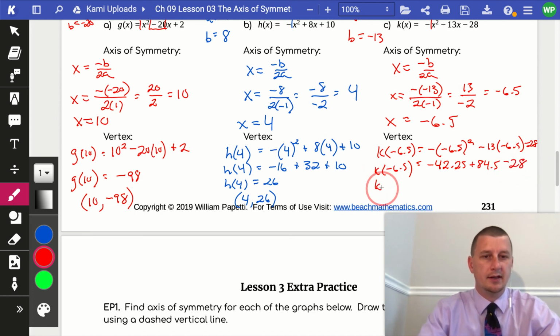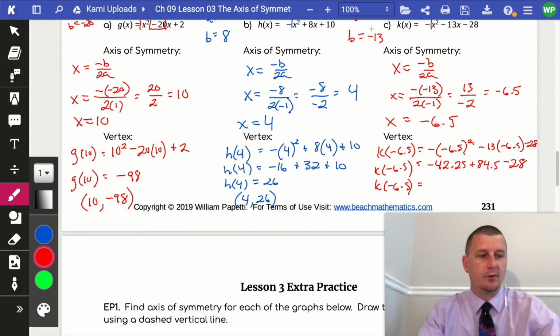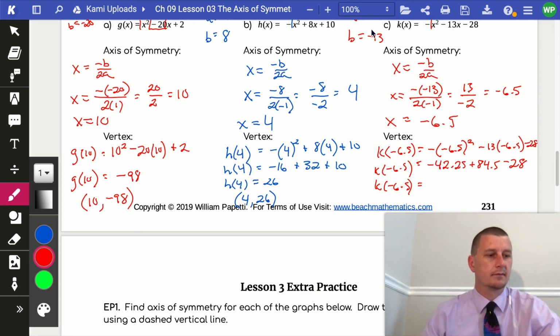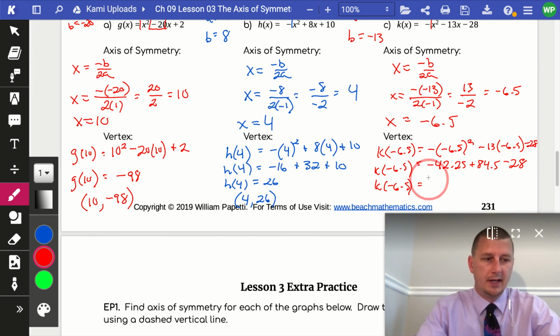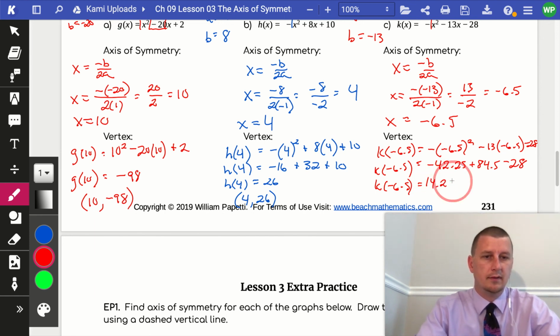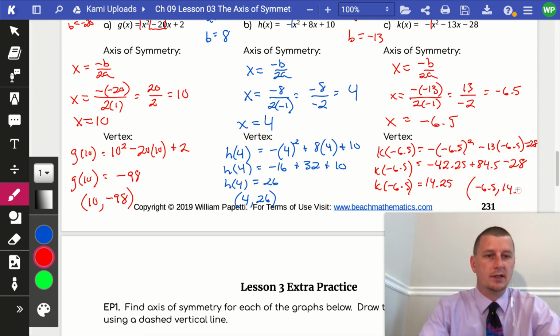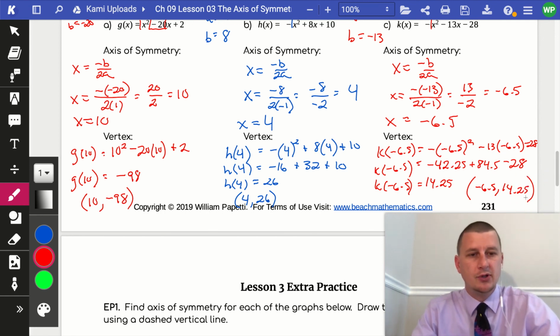So now we could go ahead and we could combine all of our like terms here. And we're going to have negative 42.25, and we're going to have plus 84.5, which will give us positive 42.25. And then we're going to subtract 28, and we're going to have positive 14.25 there. So our vertex is going to occur at (negative 6.5, 14.25),